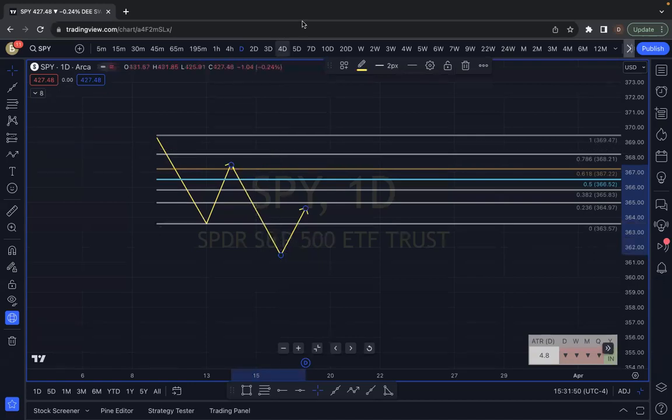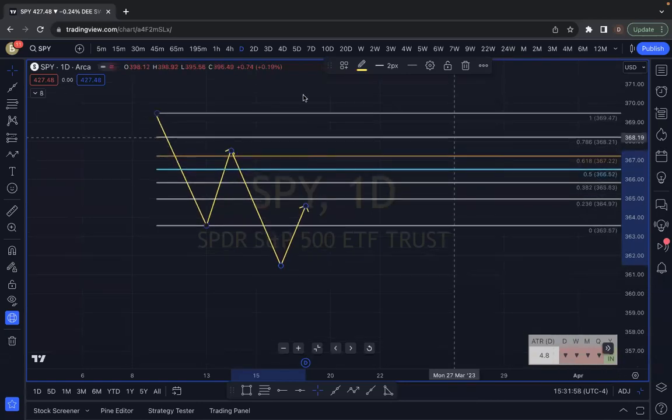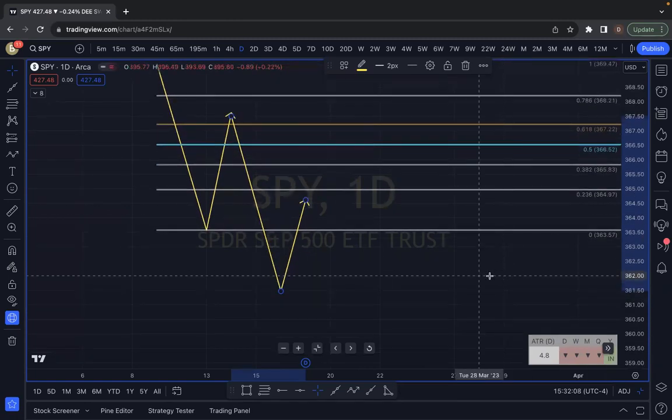Did I lose anybody there? And I'm going to stop to ask questions a lot because I know this can be very confusing, especially if this is your first time. What happens if it just hits the 382 there? What does that signify if it doesn't go up to the 618? Is that still